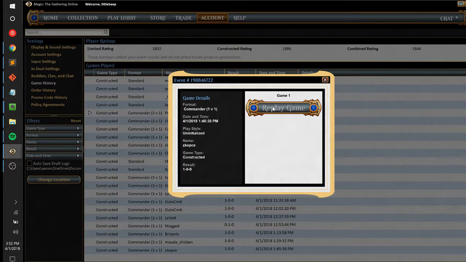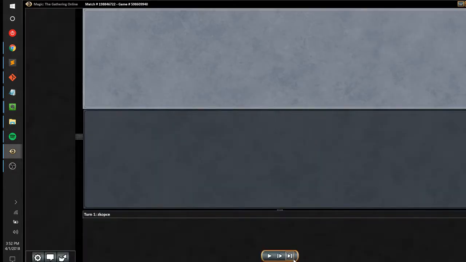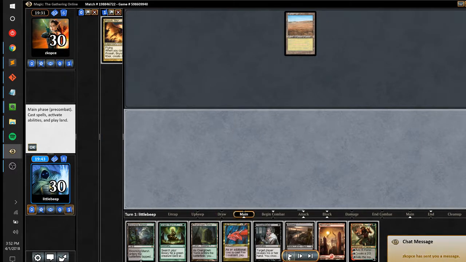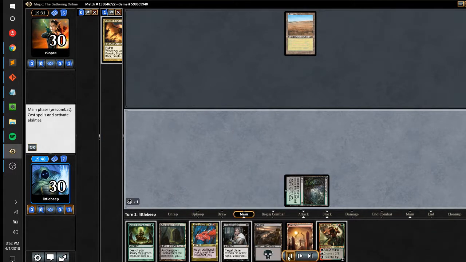Against Zkopje, man, I never knew how to pronounce this name. They play all the time, they're good, very friendly. And they are on Marath today, so they start out with just a Savannah, no Mana Dork, which is good because our hand is pretty slow. We Thoughtseize, and we see...